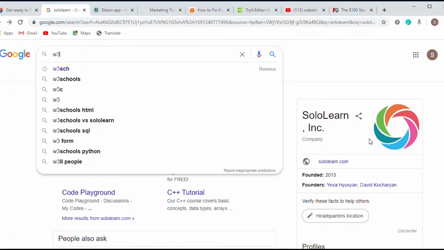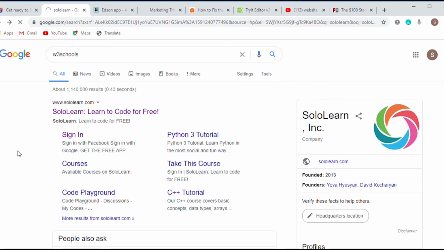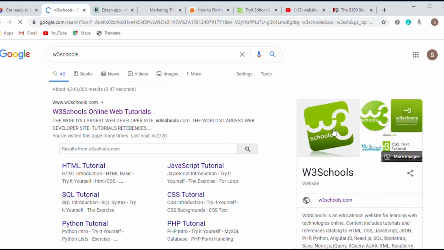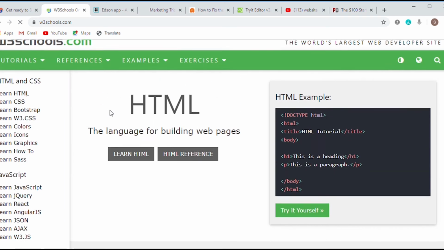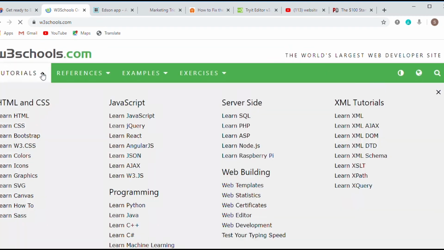All right, for my number 1, is obviously W3 Schools. This is my number 1 website for learning coding or programming. You just type in the search bar W3 Schools, and then they have this icon over here, and so you can just click on it, and then boom, you are right here. This is my best as far as I'm concerned. You can have your own best, like I said, but this is one of my best.